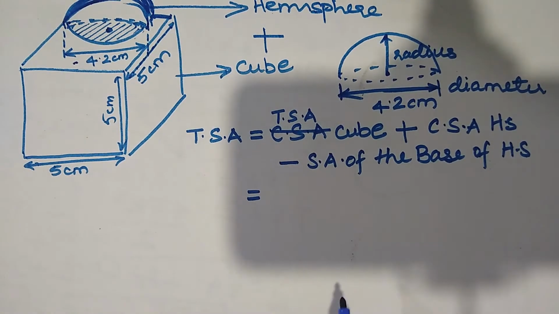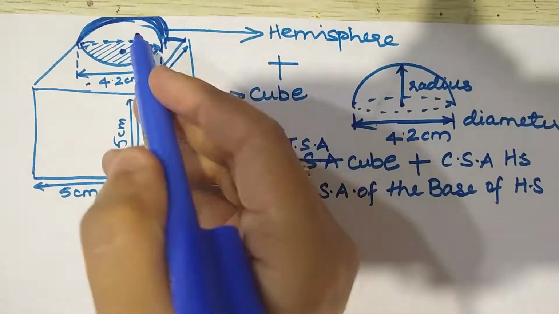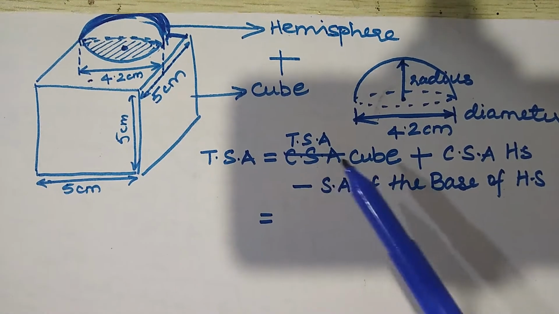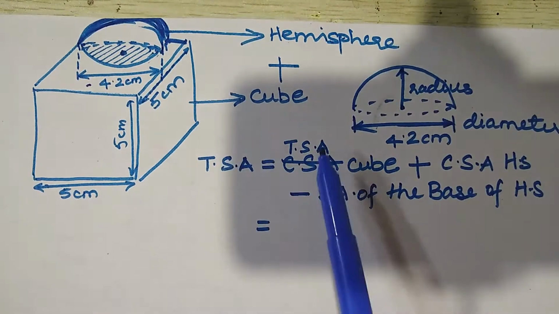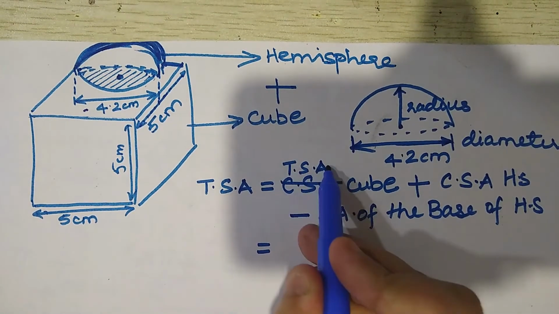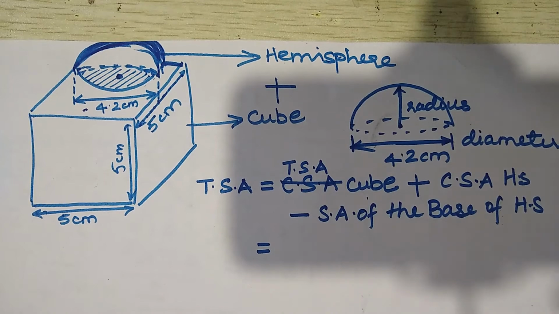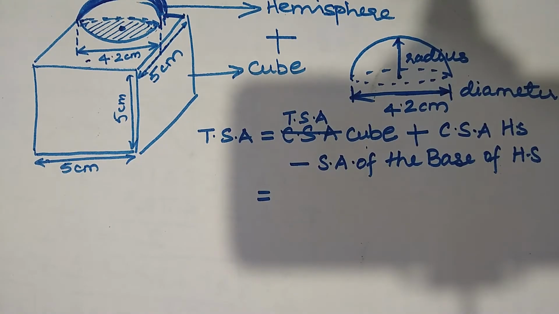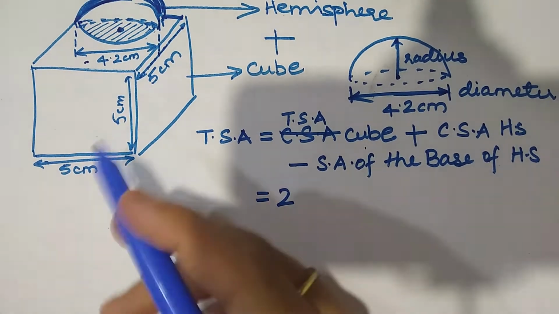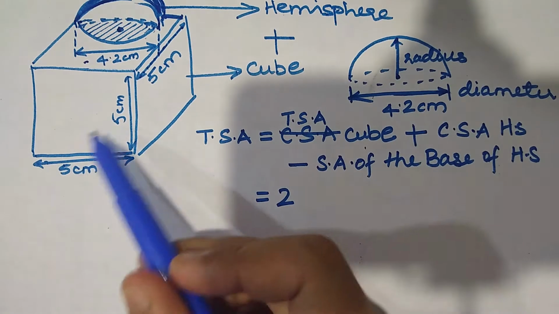In cone, you have a curved surface. In hemisphere, you have a curved surface. But in cuboids, you don't really have a curved surface. You just have flat surfaces. That is why you can just call them the total surface area. Not a problem. Total surface area of the cube will be calculated. It's the same as the formula for a cuboid that we discussed before. 2 into x into y. In this case, x and y will have the same dimensions.